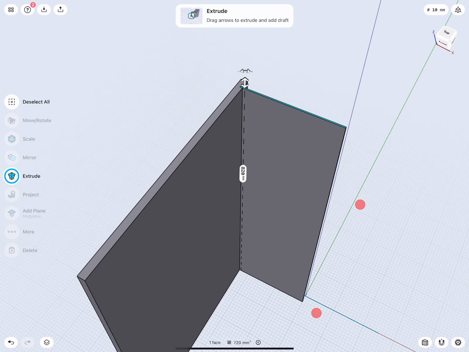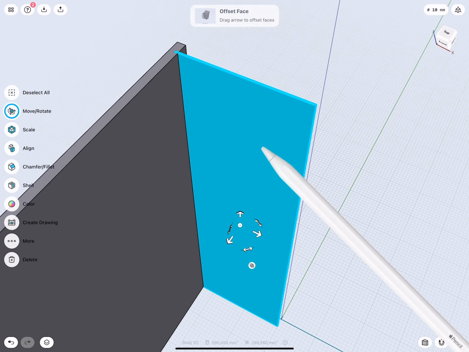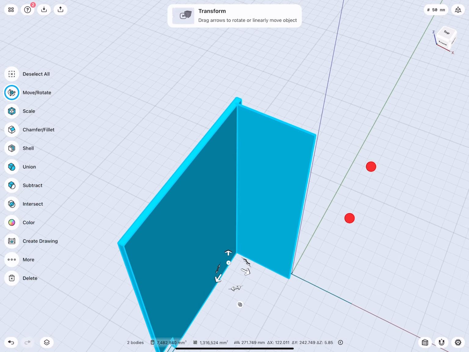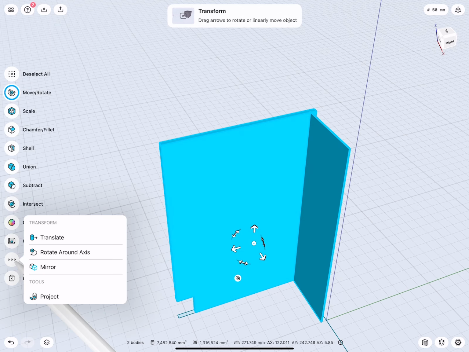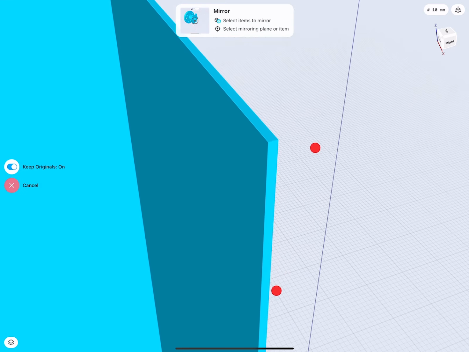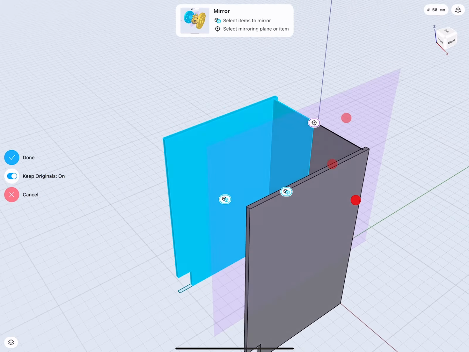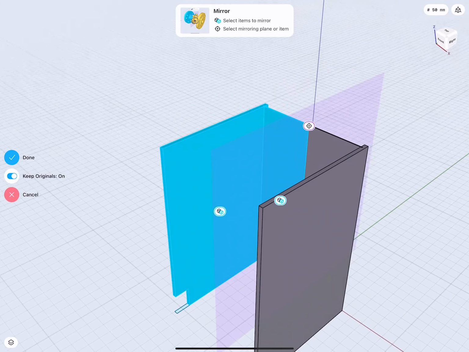Very good. So how do we actually get everything to the other side? Super easy. Double tap, then more, mirror, and I zoom in, and with the pencil, tap on this face. You see there is the mirror axis.